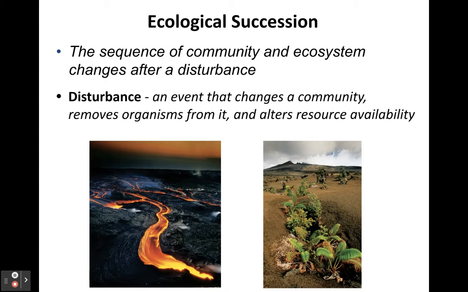Other things that could represent a disturbance would be a forest fire, floods, glaciers, and even human-caused ecological disturbances like clear cutting of a forest. Right. So in order to have succession, you have to do some damage to the ecosystem, remove organisms from it, and then we're watching to see, will that ecosystem progress back to its original state or to something different. All right, so there's two categories of ecological succession that I want you to be comfortable with.